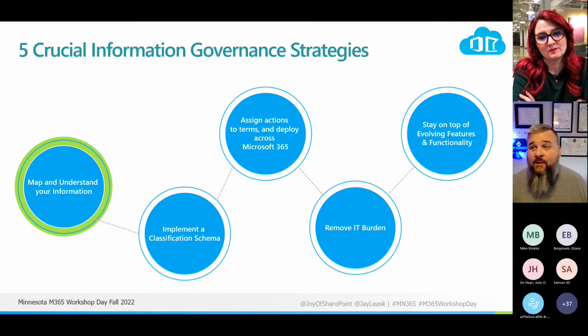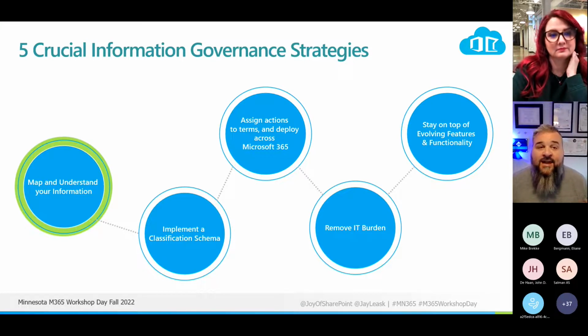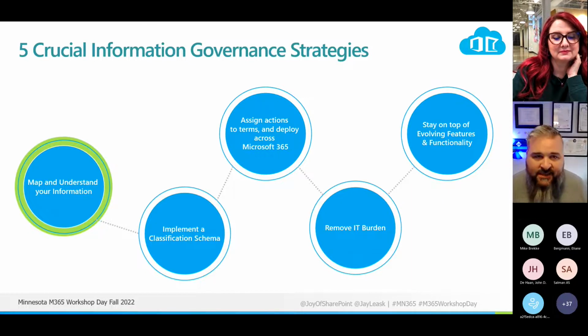Was it created by someone in HR on behalf of someone in sales or legal? Understanding that helps you to understand what kind of policies need to get put on it. You need to implement a classification schema so that you can put the right policies on that, so that you can protect the data, make sure it's only shared with who should see it, etc.